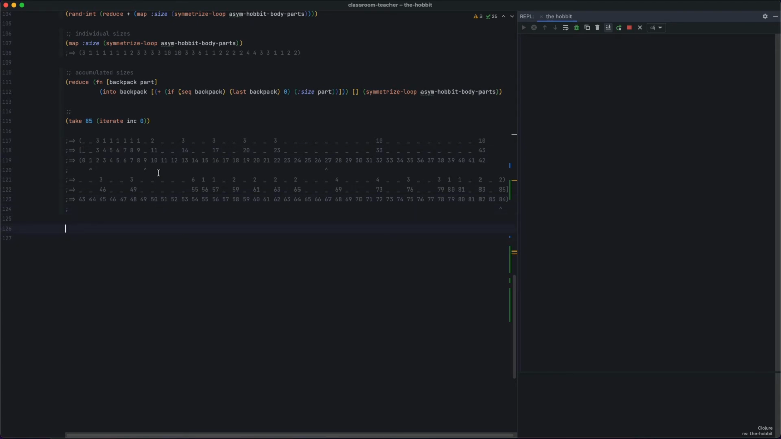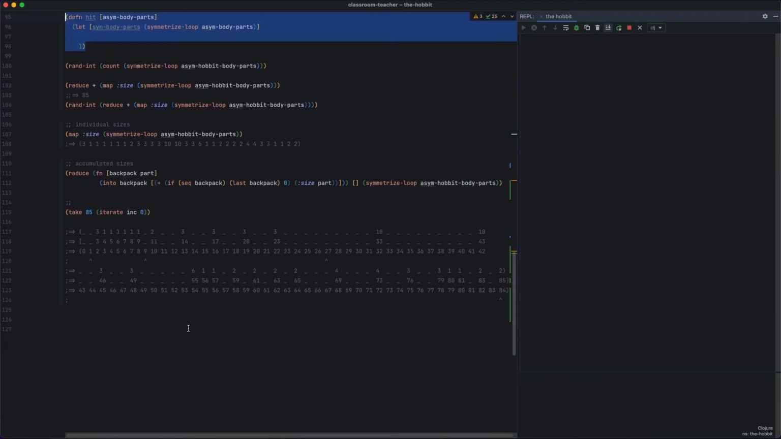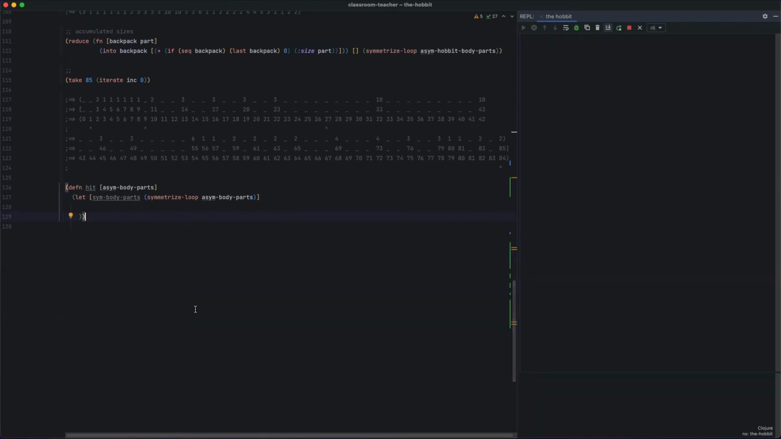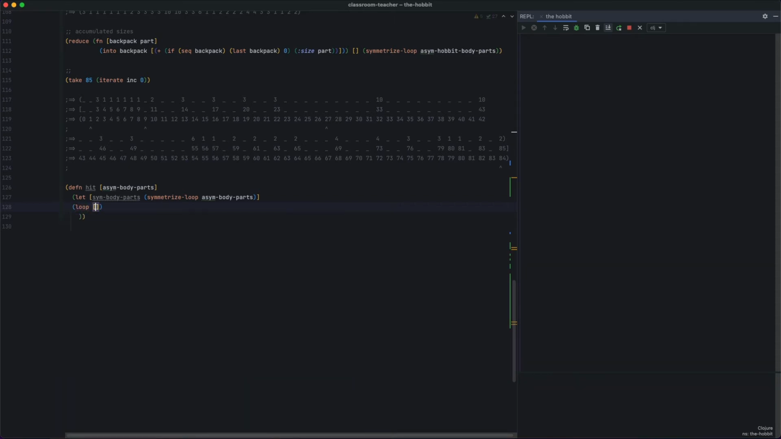So I'm going to bring back our hit function up here, and let's just put it down underneath our data. It's always good to see the data in front of you. And we already initialized the sim body parts. Easy enough. And now we want to do a loop. So it's loop recur stuff. Let's create a space for the bindings, and then a new line for the loop itself, the body part, and then